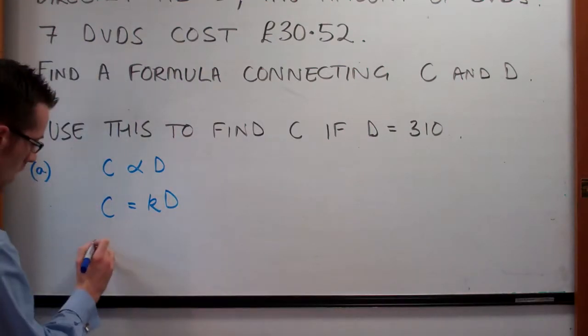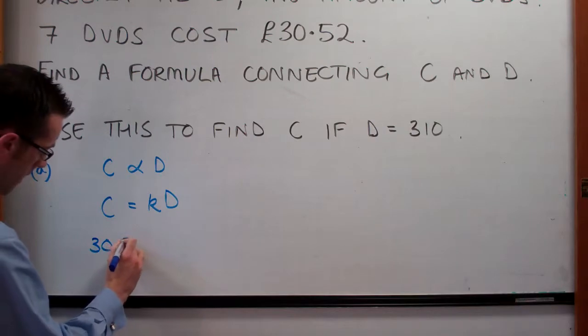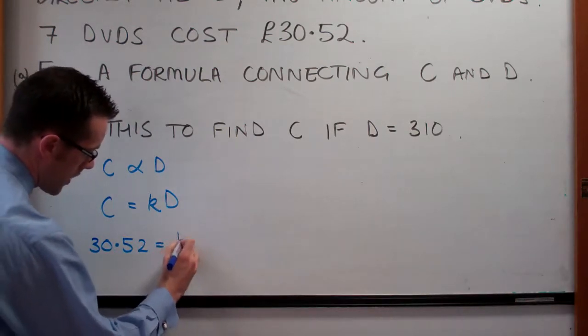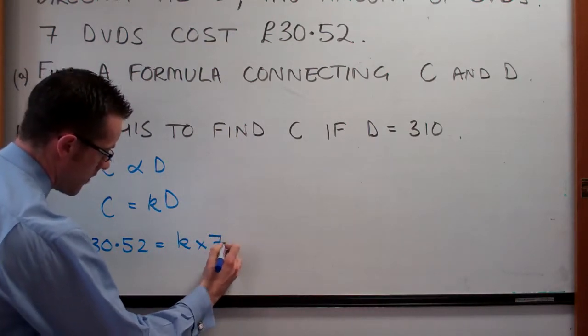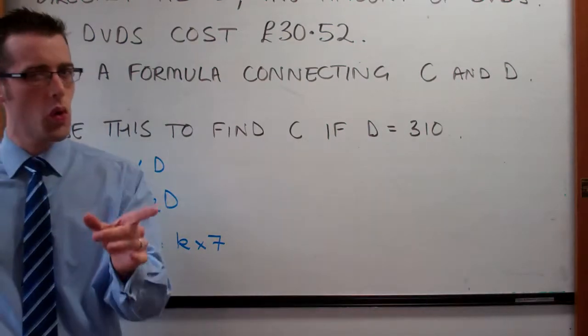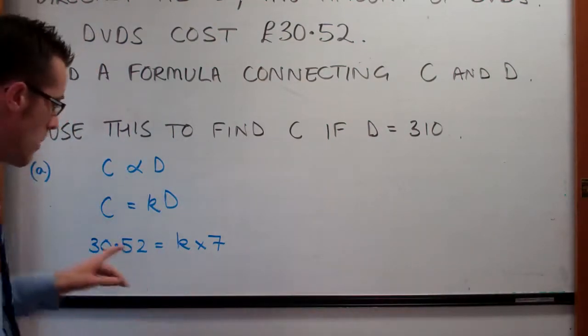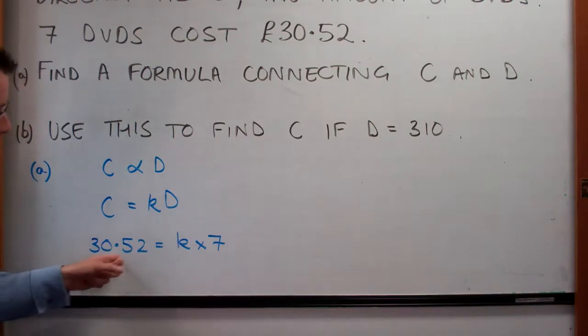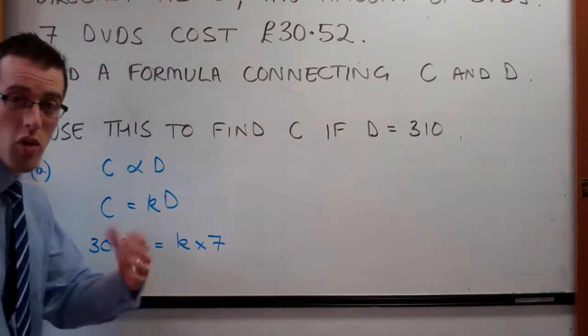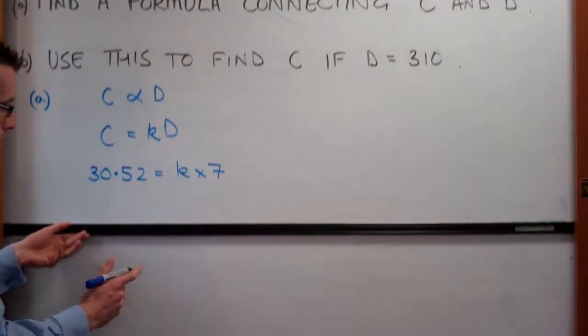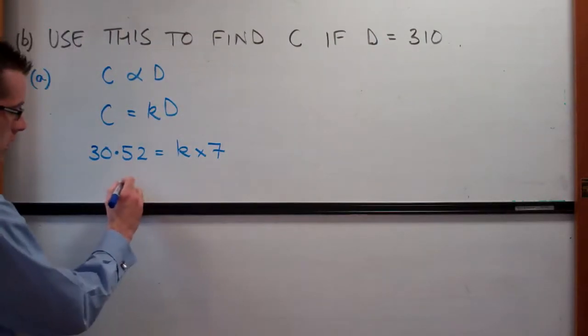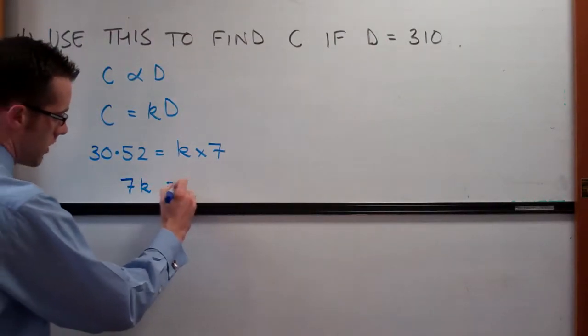So £30.52 equals K times 7. And as we discussed at the very beginning, we know we're going to have to divide by 7. Alright, but if we look at the algebra here as well, we can see that £30.52 equals K times 7, or 7K. Right? So let's write that down. So 7K